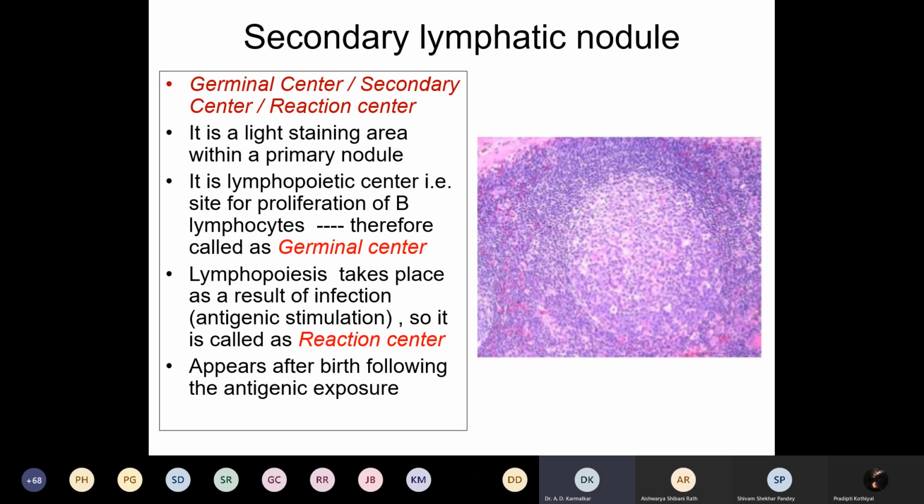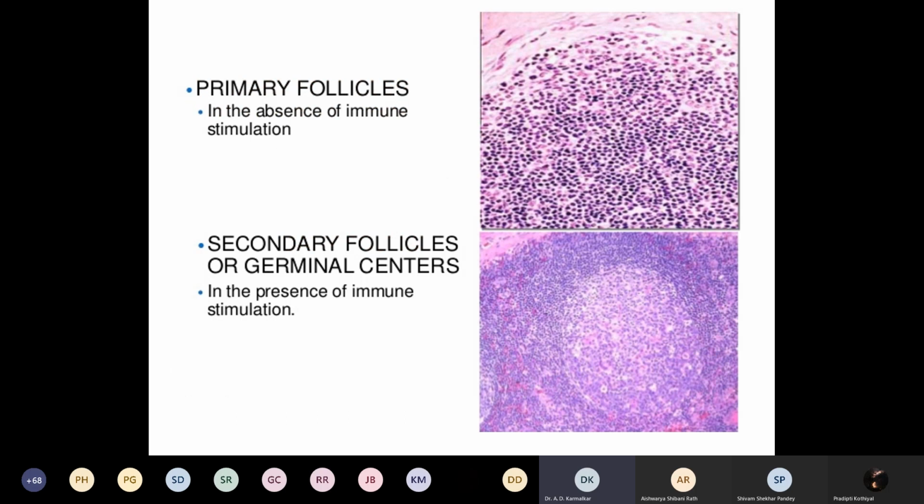Okay, so we have seen what is a lymphatic tissue, what is a diffuse lymphatic tissue, what is a lymphatic nodule. Now, in a simple manner, this is a comparison between the primary follicles and the secondary follicles. In the primary follicle, there are uniformly arranged lymphocytes, while in the secondary follicle you can see there is a center area which is lightly stained, which is a germinal center, also called a reaction center. As it is exposed to the antigen, there is antigen antibody stimulation, and it will form the proliferation of the B lymphocytes.